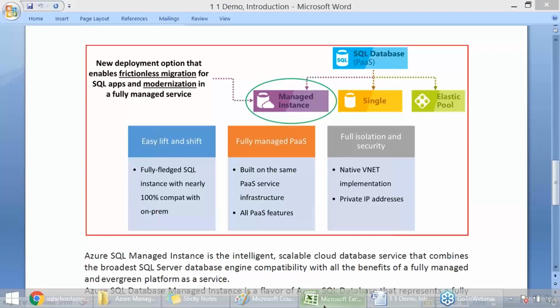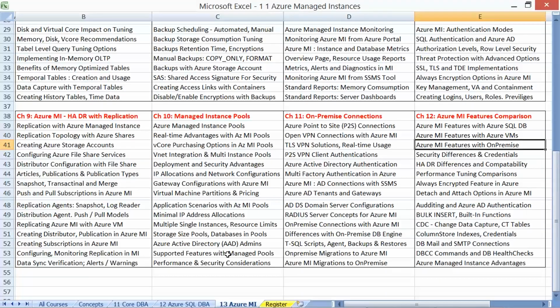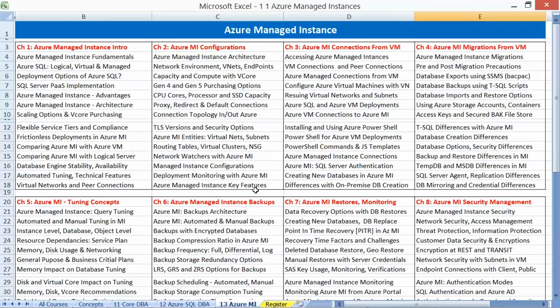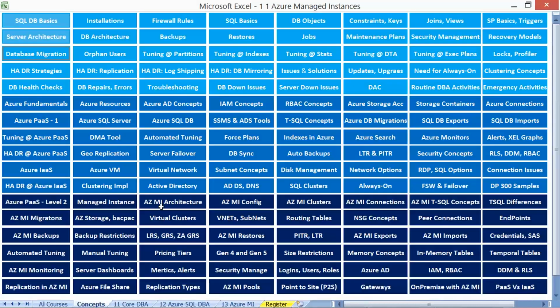And coming to the prerequisites to enjoy this 12-hour course on Azure managed instance, the participants are requested to have prior knowledge to get into the PaaS level 2 managed instance. Participants are requested to have prior knowledge of Azure fundamentals and Azure PaaS, or platform as a service, and IaaS, infrastructure as a service.